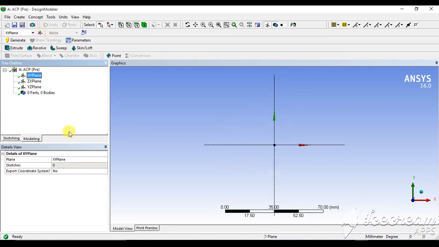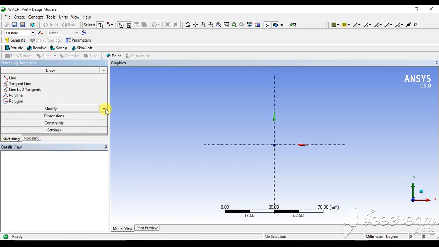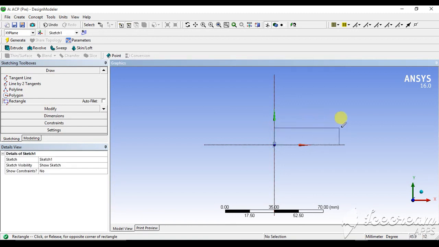What we have to do is make a surface for the composite layup. First we will go for a basic sketch, for example a rectangular sketch. Now we will make this a surface.